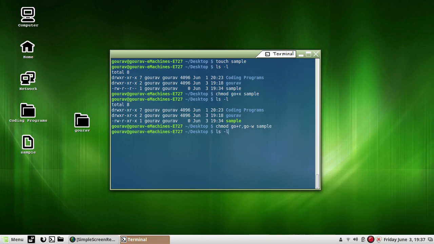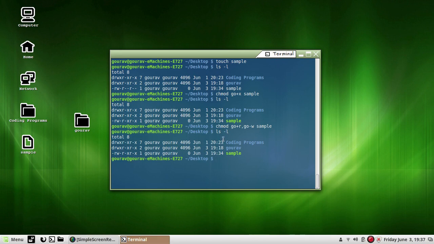Now again do the listing, and as you can see, group and others have got read permission, and group and others don't have write permission now, as you can see here. Okay,